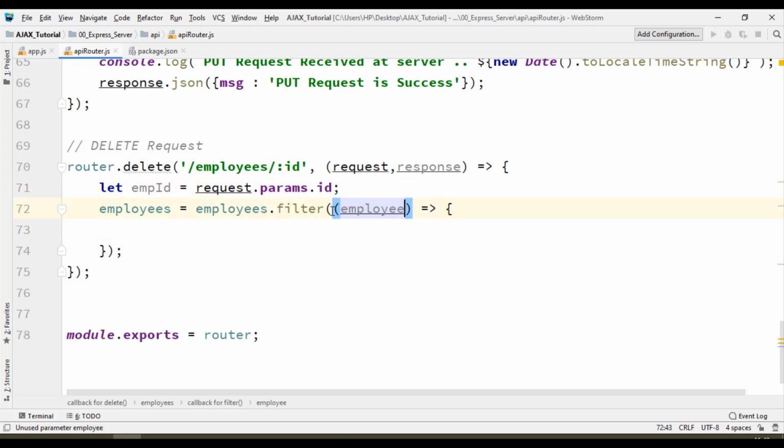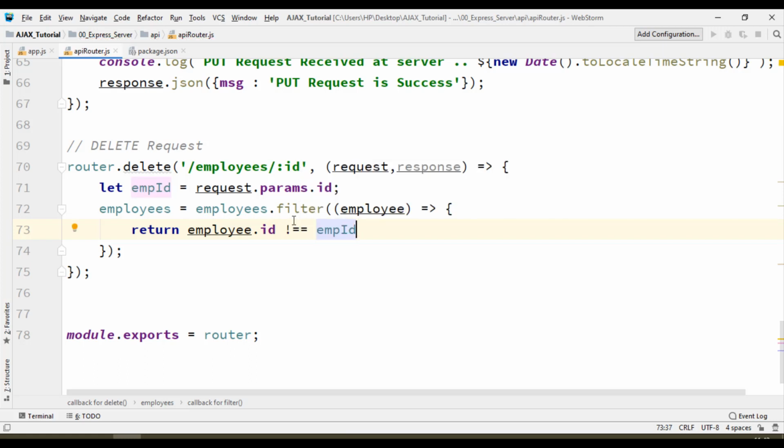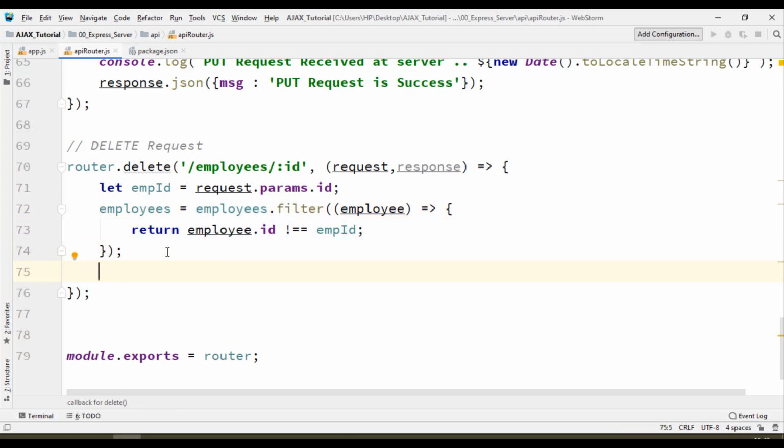So I'm returning employee dot id is not equal to my employeeId. Whatever employee ID you're requesting, except that ID I need all the remaining employees, which means that one was deleted. So that particular ID will be removed from the existing employees array.